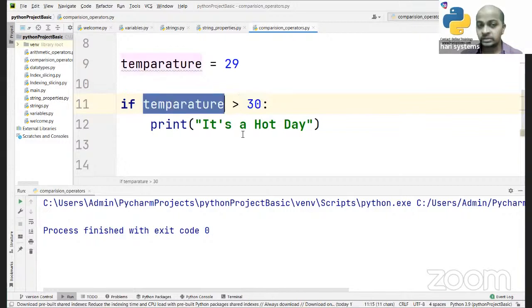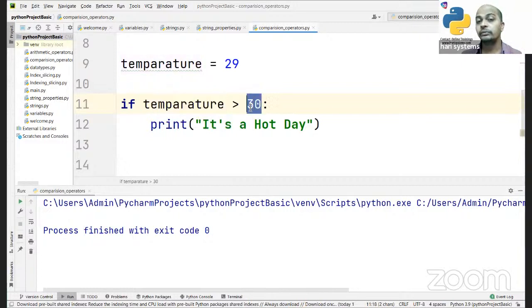See, this variable value and this static value we are comparing using the greater than operator. You may put greater than, you may put less than. Based on the requirement of your program, you have to choose your own logical brain. You have to operate. There is no standardization, and no ready-made functionality is available